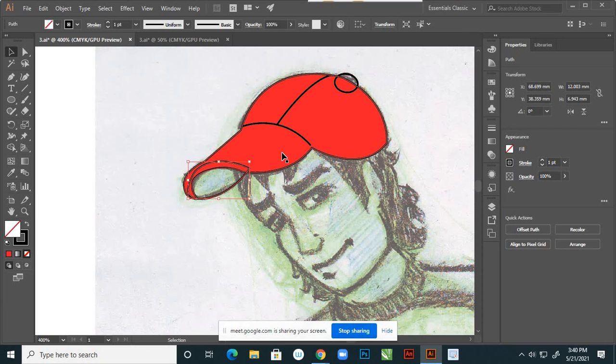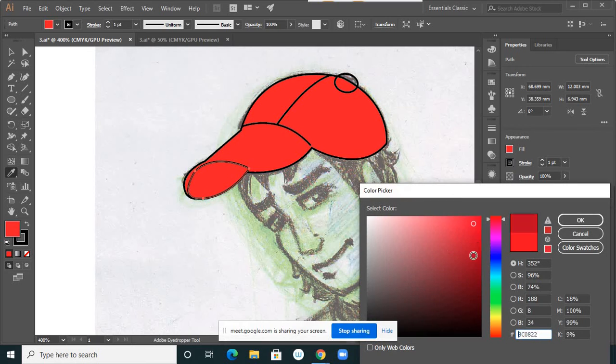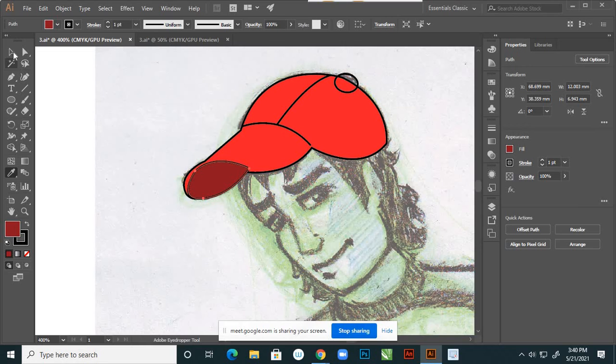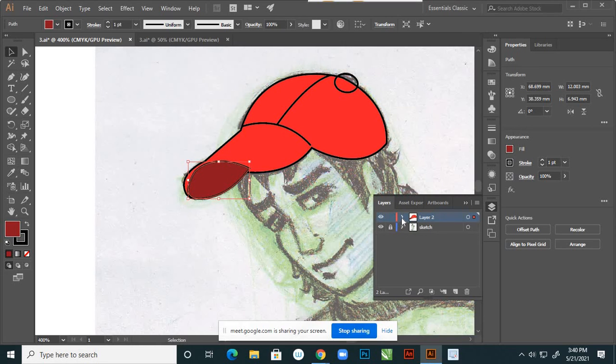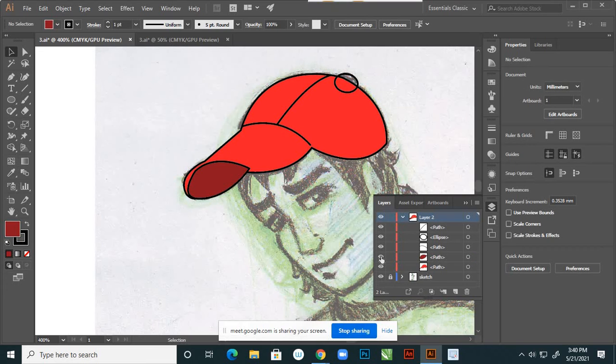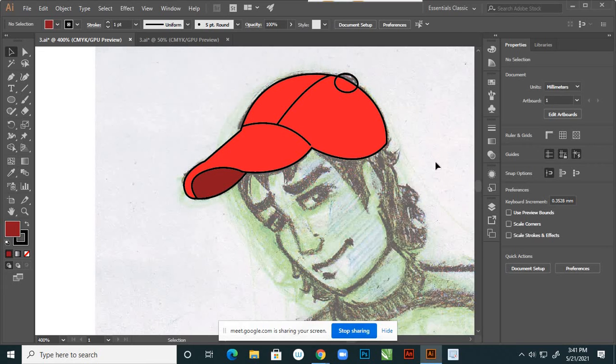So I'm using the eyedropper tool on keyboard to take that color, and automatically it is filled because it is in selection, right. So now double click on that and choose that shade, and see here the layer.